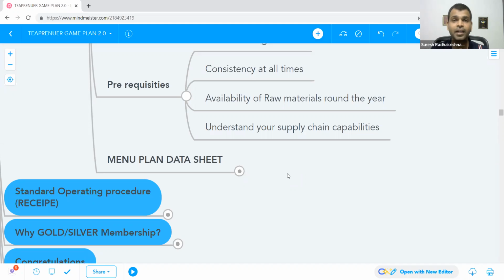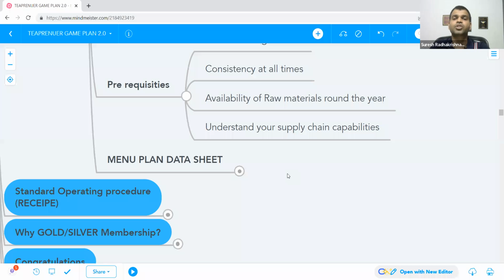So if you have the bandwidth, do that. If you can monitor that and make it available on time to your outlet, do that. If you can't do that, please don't get into that. There are a lot of vendors. If you search on IndiaMart, Just Dial, you will get a lot of vendors. Try to use market available products. Of course, uniqueness has to be there, but it's pretty much easy for you to scale. It's pretty much easy for you to procure.